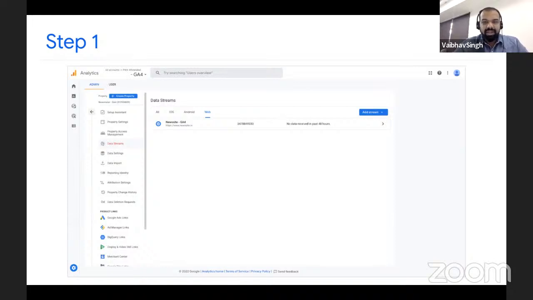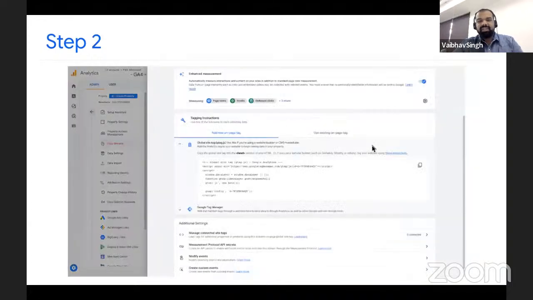So whenever you click on that banner at the top, the toast which you are getting on your UA property, you will land on this screen. Just select whatever property you want to select over here. For example, if you are using it for apps, you could select iOS, Android. We have covered the web part here. So for web, just click on web, and then you could click on this particular bar. This bar will take you to this screen.